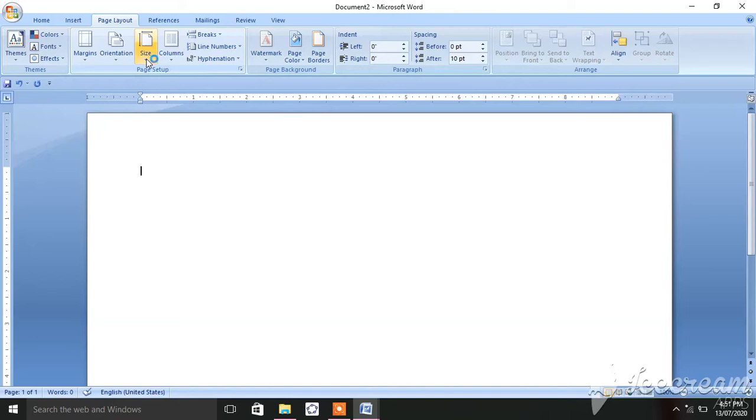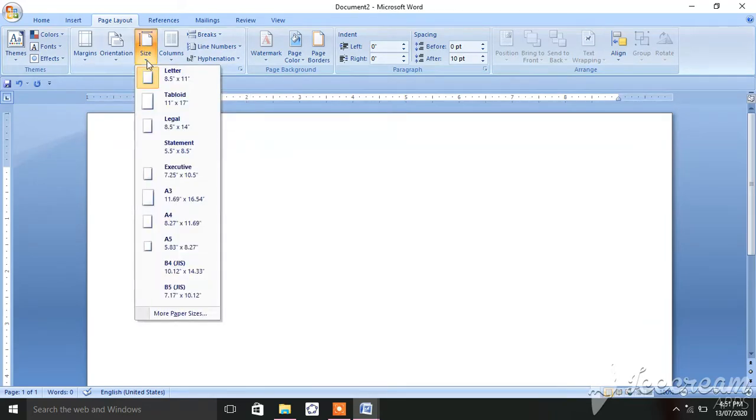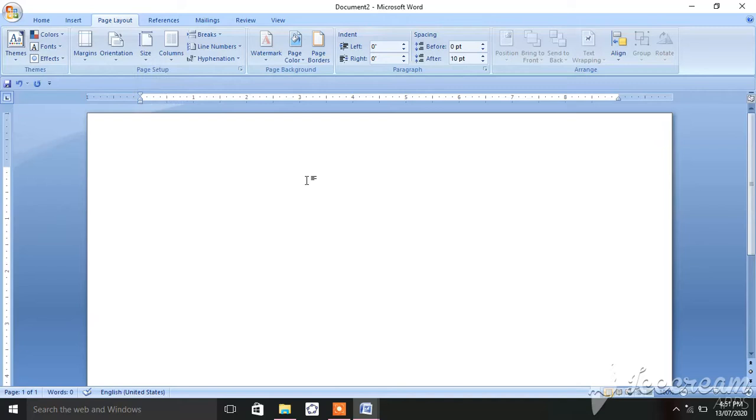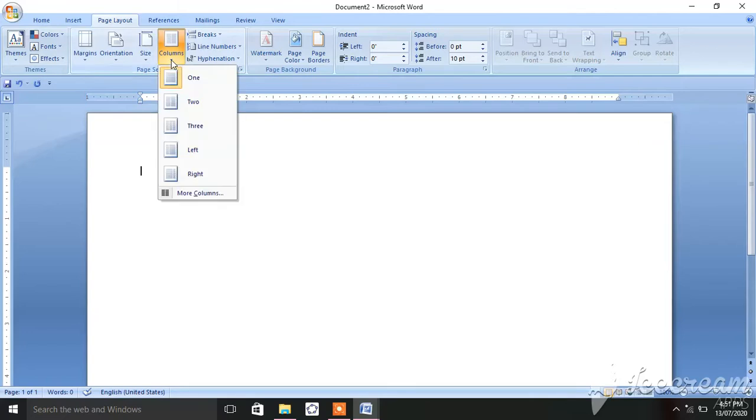Okay, if you want to change the size of paper, you can change it with this, because sometimes we want to print on A4 paper, on A3 paper, or on letter type paper, so you can set the size of paper from here. Many times we want the text in two columns as it is displayed in a newspaper. If you see the newspaper, the text is divided into columns. So if you want to make the document like that, you can choose Columns. You can set 2 or 3 columns with this option.